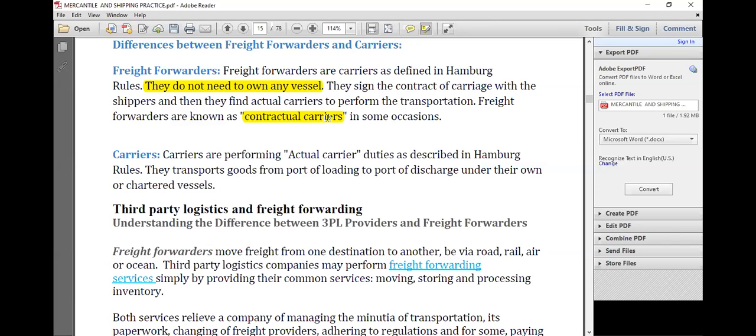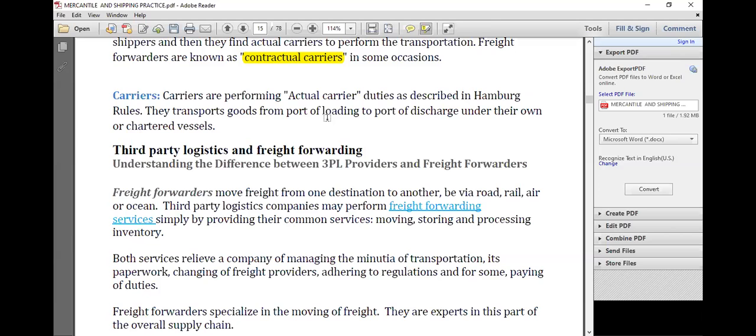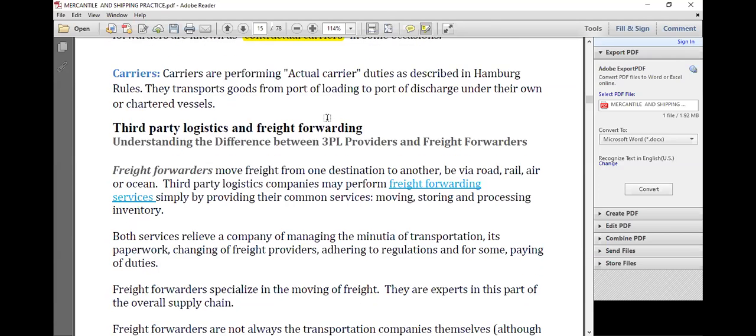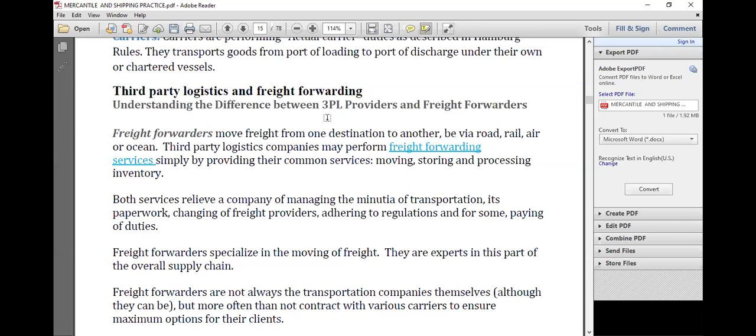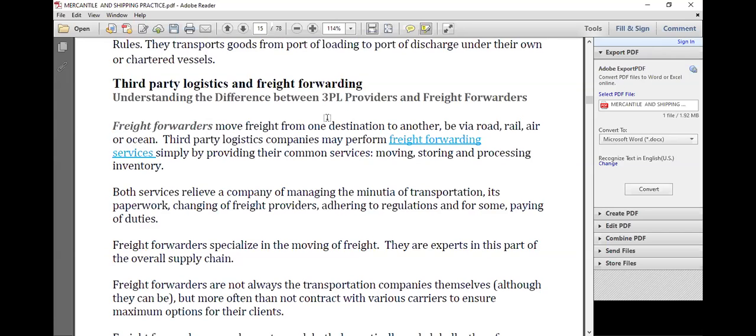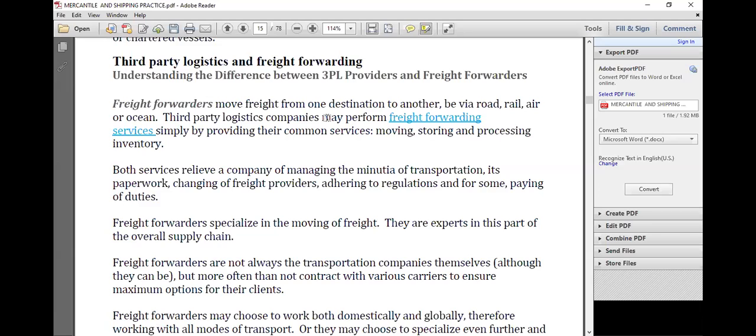Okay. Now we have another area here. These are called the third-party logistics and freight forwarding. So we need to understand the difference between the third parties, that's the 3PL providers, and freight forwarders. Freight forwarders, they move freight from one destination to another via road, rail, air, or ocean. Third-party logistic companies may perform freight forwarding services simply by providing their common services, moving, storing, and processing of inventory. So remember,